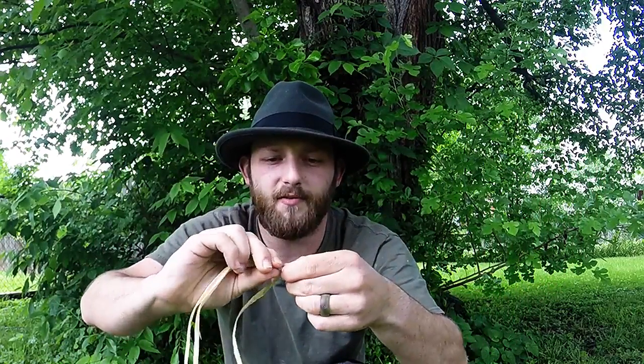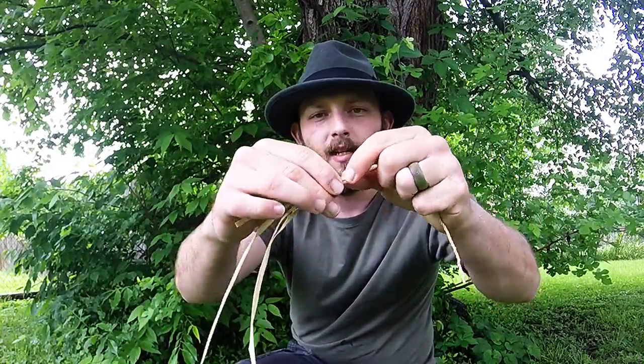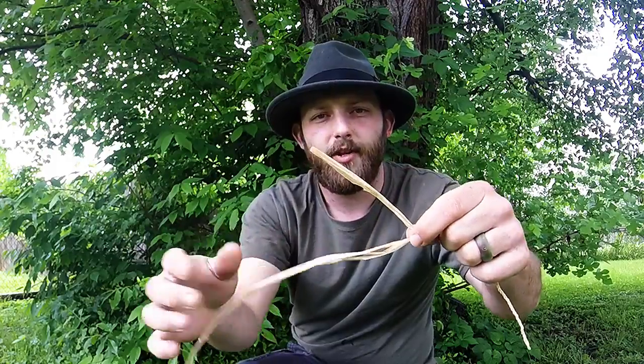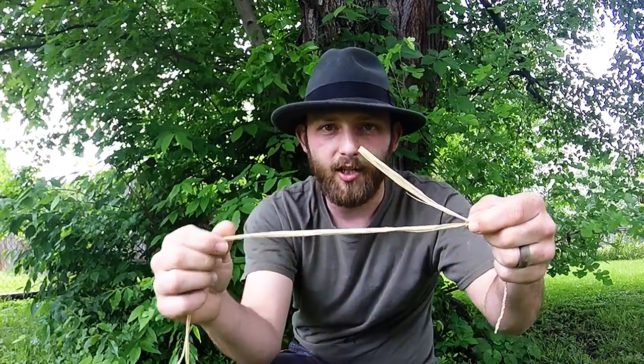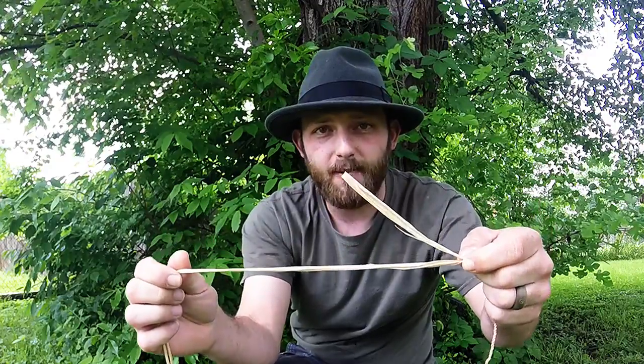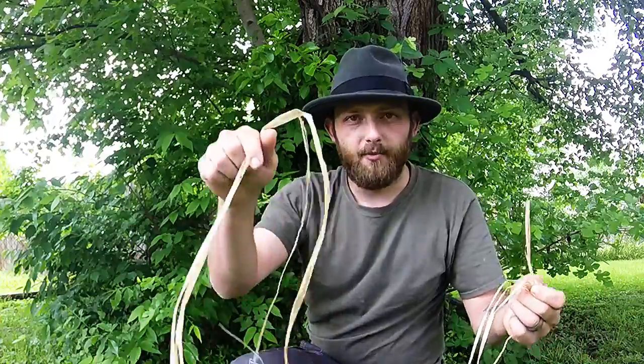So I'm going to work on this for just a minute, and I'll come back and show you how to splice a bit into it once you get to that point. Okay, so we've gotten about that far done. Mine I made a little shorter so I can show you how to do the splice. So when you get to a point like this, when you need longer cordage, you're going to have to splice it. So to splice it, you get another piece